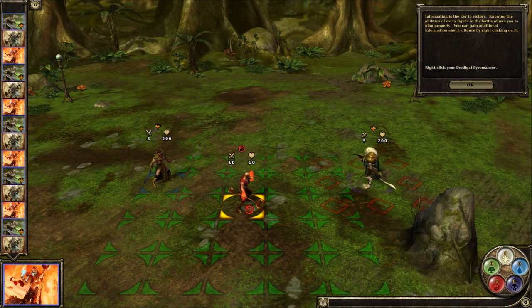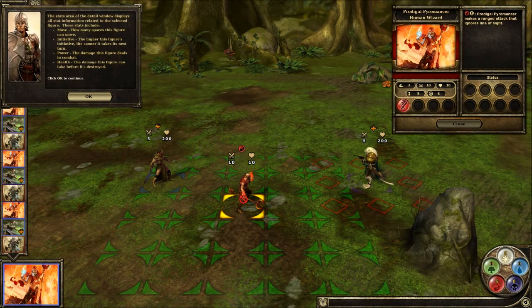Information is the key to victory. Knowing the abilities of every figure in the battle allows you to plan properly. You can gain additional information about a figure by right-clicking on it. Right-click your Prodigal Pyromancer. Oh, he has such a cool name. The stats area of the detail window displays all stat information related to the selected figure. These stats include